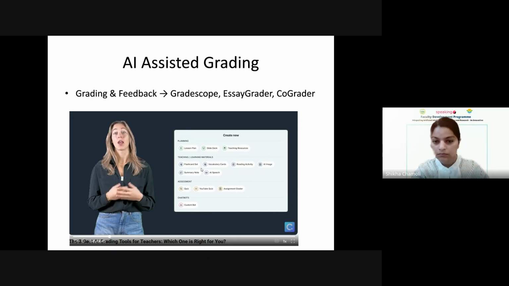Yeah. Flashcard, vocabulary cards, reading activity, AI image, summary note, AI speech, summary note. Okay, for some students, AI speech could be helpful, those who have some visual impairment or some challenges. They can't read everything on the screen, but they like to hear the narration on the computers. So for that, they have a feature,